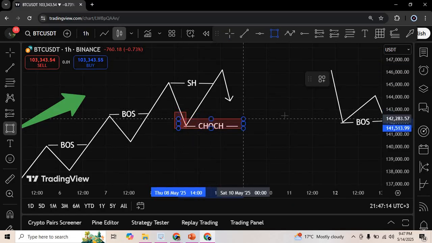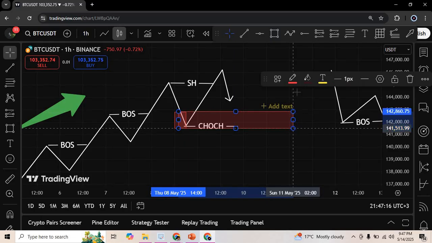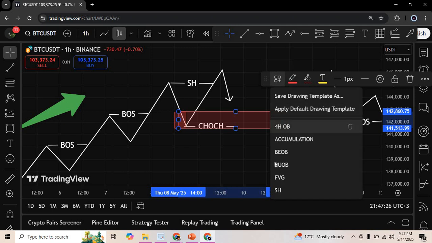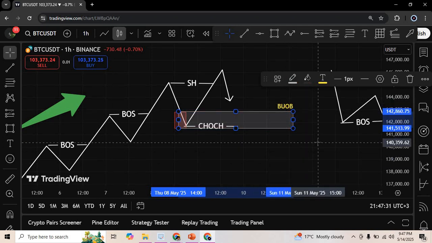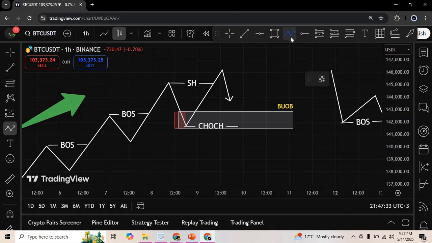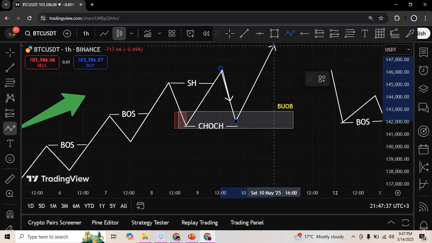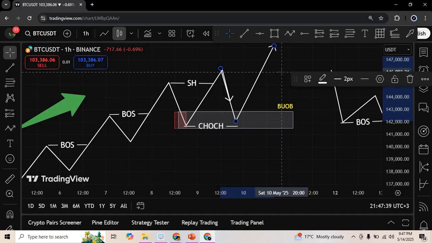So what do you expect from a bullish order block, guys? Let's buy or sell. You expect a buy, correct? A buy. Let me just name it bullish order block. This one is a bullish order block. So what we expect from the market is to come into the zone of a bullish order block and continue the uptrend, because it's a bullish order block. We expect it to buy.